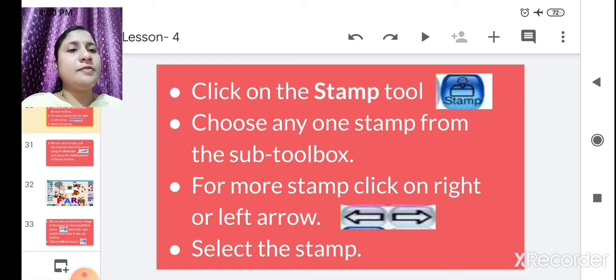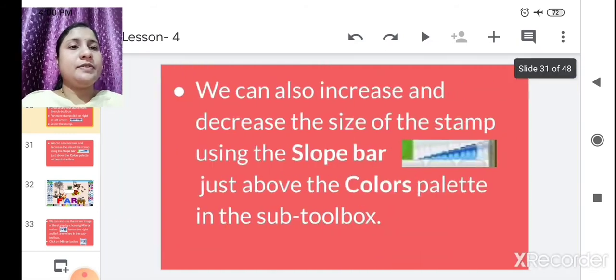For more stamps, click on the right or left arrow. If you want to see more images in TuxPaint, you can click on the right or left arrow. Select the stamp.